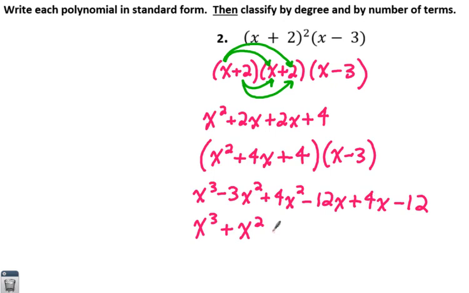Negative 12x plus 4x is negative 8x, I do believe. And then this term will combine with nothing. But please don't forget about what the directions wanted in total. So this is what we're going to go with for standard form. Remember,